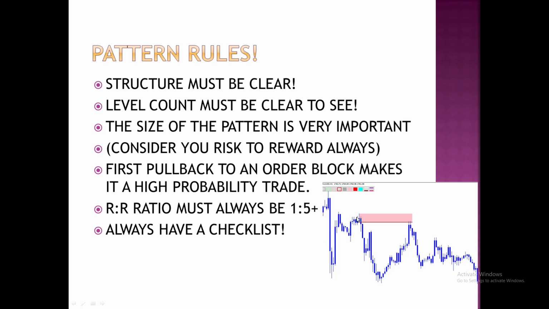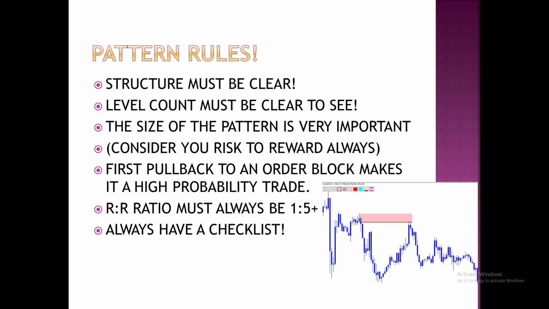As we can see, we had a bearish engulfing pattern right here, and as price moved from that area, we broke structure. As you can see, we also broke structure down there with pins. Price then returned to this area for the first time. The first pull back to an order block makes it a high probability trade. Why? The zone is still fresh. Those unfilled orders are filled. The zone is still fresh, meaning there's a higher chance of price moving away, or that trade